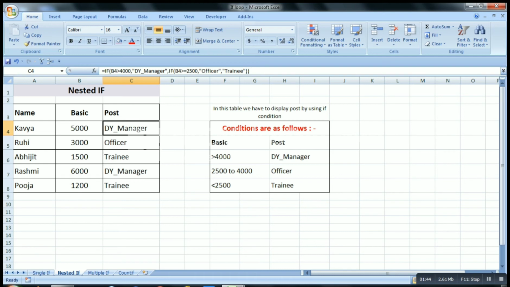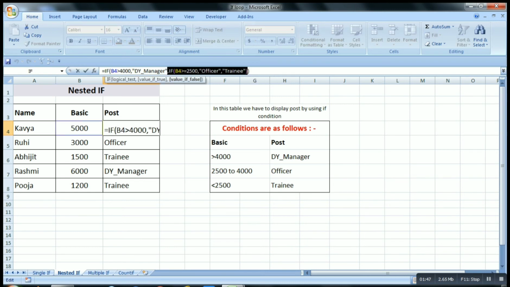If it is true, then it is officer, otherwise trainee. This is our second IF, which is in the false section of the first IF. See here, if the logical test is true, it is a deputy manager, but if it is false, then we have to check two conditions, whether he is an officer or a trainee.